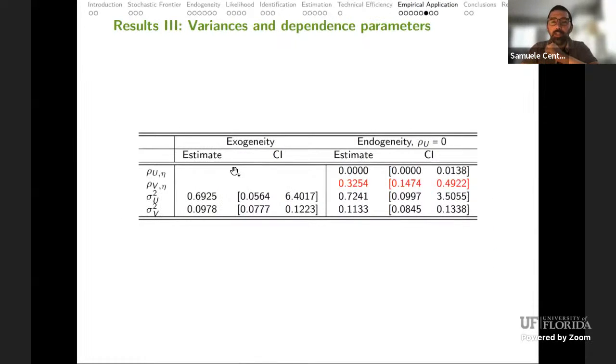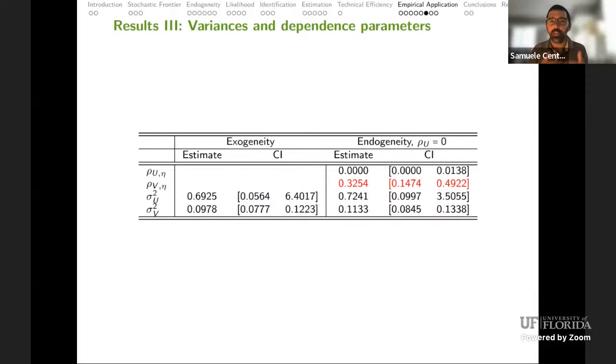So finally, I want to present, so we set rho u to be 0. So there is no particular interest there. There is no dependence between U and eta, but there is a fairly strong dependence between B and eta. So there is a preference component, an idiosyncratic preference component of the farmers, or it includes omitted variables, which is correlated with the